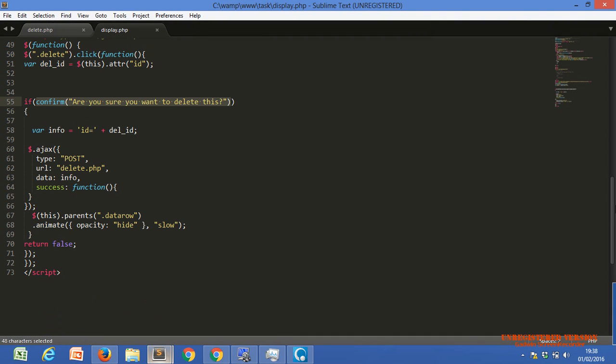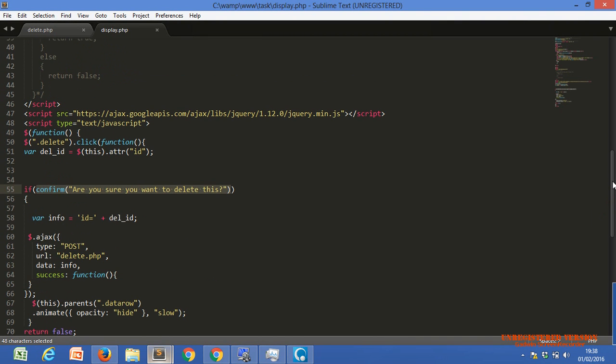Now let's concentrate on Ajax. How do we use Ajax? Do you remember this thing, Nazar? What is this? This line of script src, https, whatever the URL is, jQuery.js. This is the library file of jQuery, minimum jQuery. You should include this library before using jQuery functions. It should be above your jQuery functions.